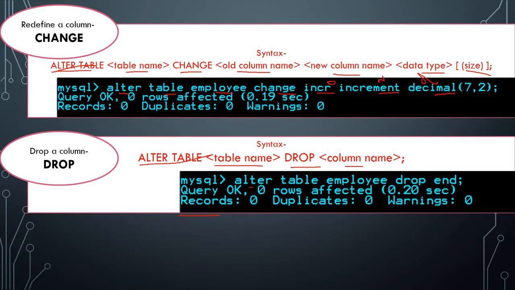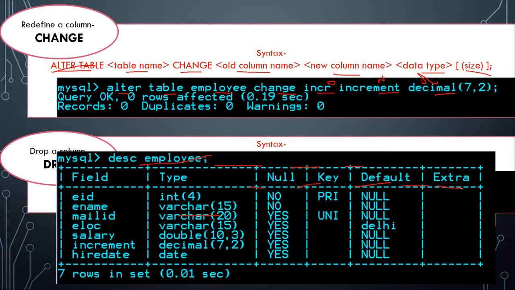So you can see over here: alter table, my table name employee, and I use the word drop. After that, my column name, and we have no need to give any data type over here because we are just removing it. We are not modifying it, so we only need to enter our column name. So after running this, we can see in the structure of our table employee, now I am not having the INCR column over here, which was there before.